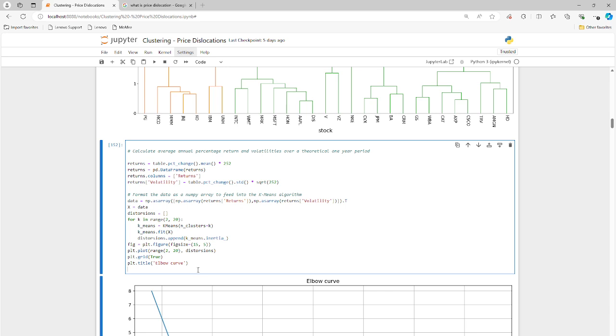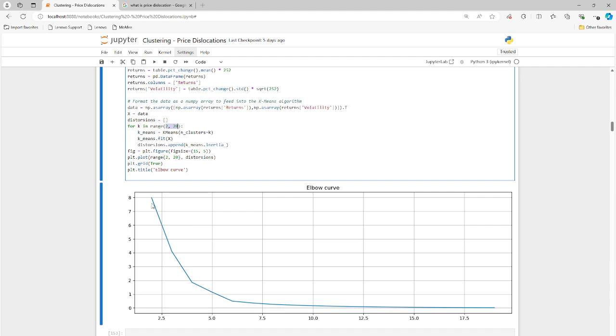We have to create what's called an elbow curve. You can create a silhouette curve or an elbow curve. Both have slightly different applications and different uses. I think the elbow curve is probably a little bit more common to use. So we're plotting out between 2 and 20. For K in range, we're doing a loop of 20, I'm sorry, not 20, 20 minus 2, because they start with 2. So 18 iterations of